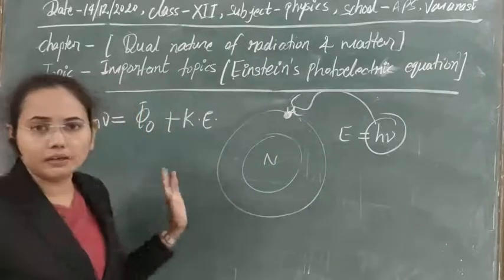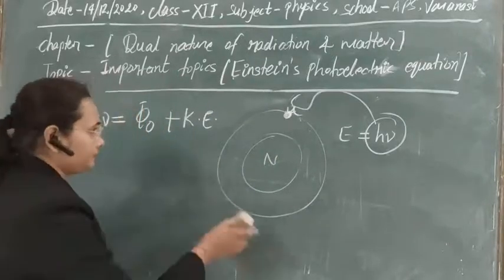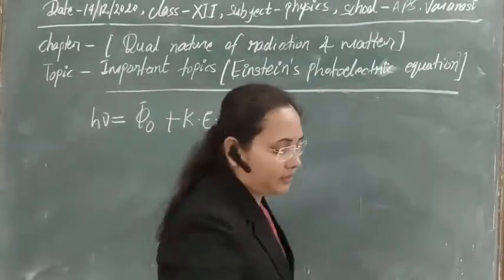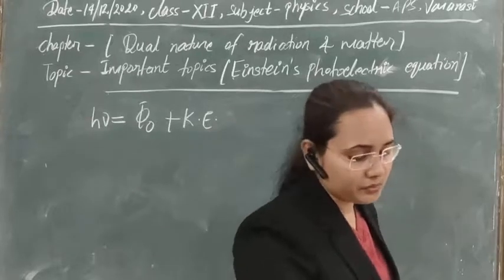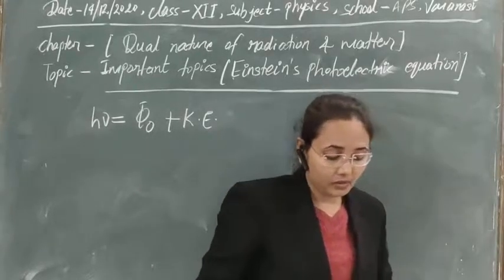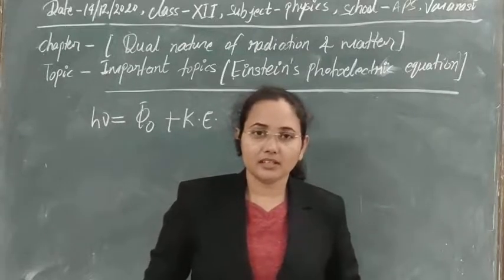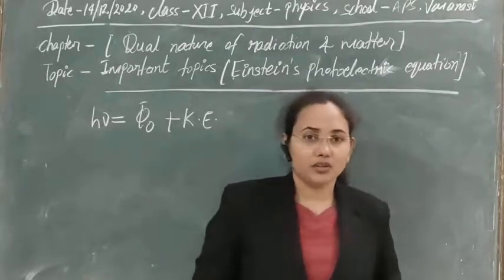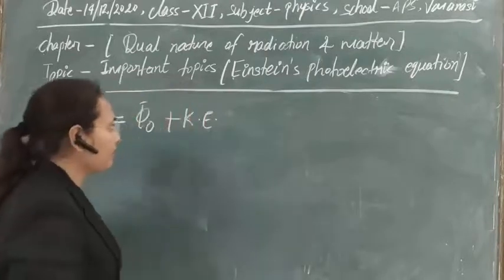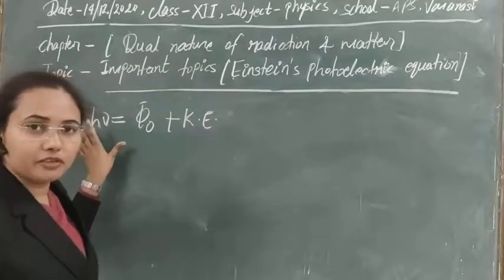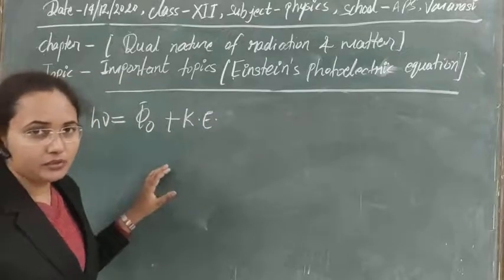Actually it is a very simple concept, so you don't have to be confused. And if you are confused with this, why did he get the Nobel Prize for this? Later I will tell you, and even I have told you already, but still I will tell you this. The concept is that this energy of one photon, the electron has used in two ways.